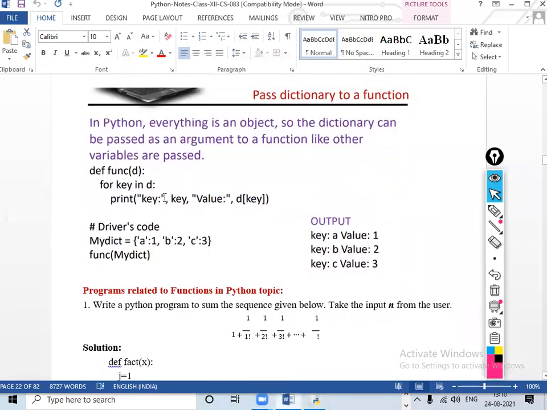Now here we are passing a dictionary. Again, that is the most important thing. In Python, everything is an object, so a dictionary can be passed as an argument to a function like any other variable. In a dictionary there are two things: keys and the values against them. So def function d, for key in d, print key, value d key.